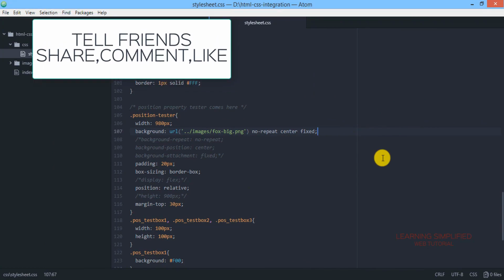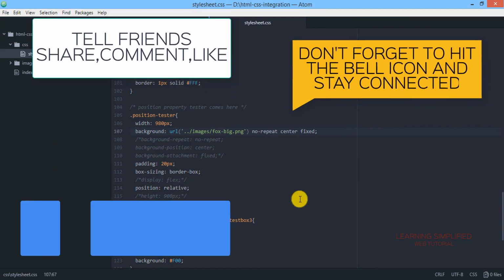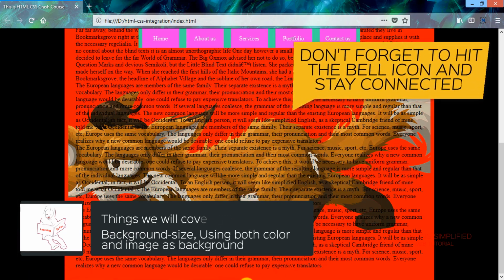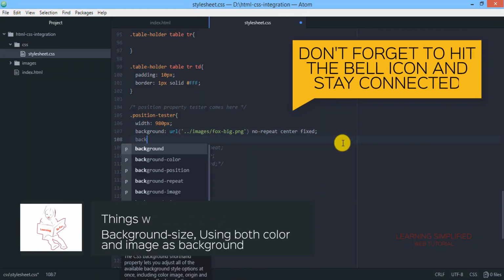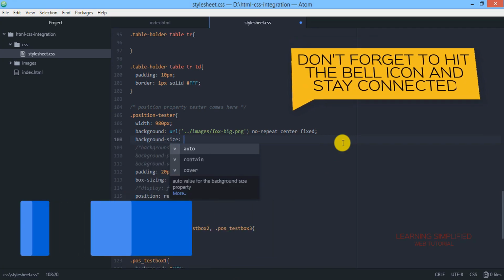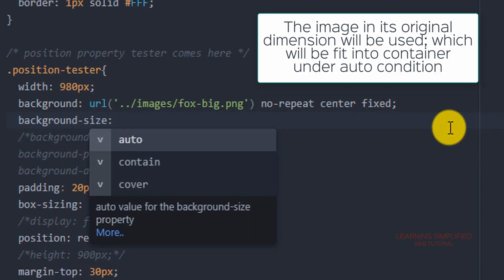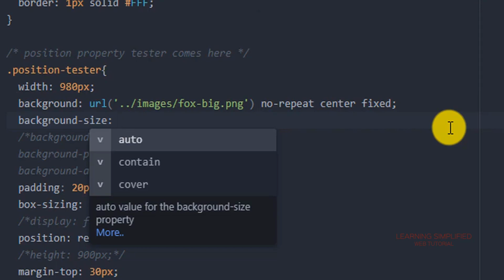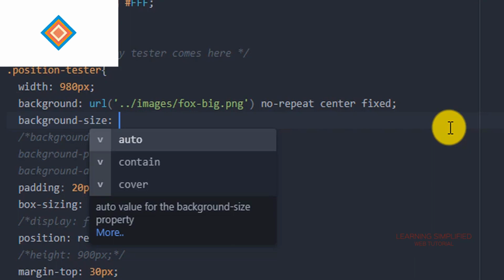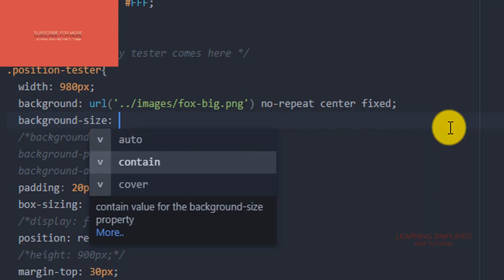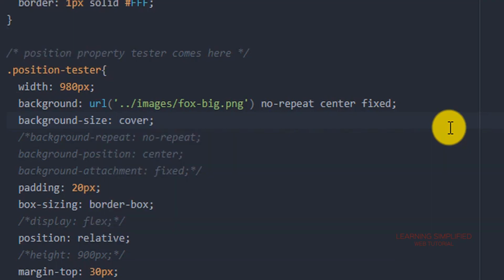We want our image to entirely cover the whole div element that is being used. In that case, we will be defining the background size. There it goes. We can see that there are three conditions. Actually, two of them will be used. The auto condition practically uses the same dimensions with which the image is saved in your project. It is utilizing the full width and height of the image. This is the same thing that we have encountered so far, so we won't be discussing it. In the next case, we will be talking about this cover condition.